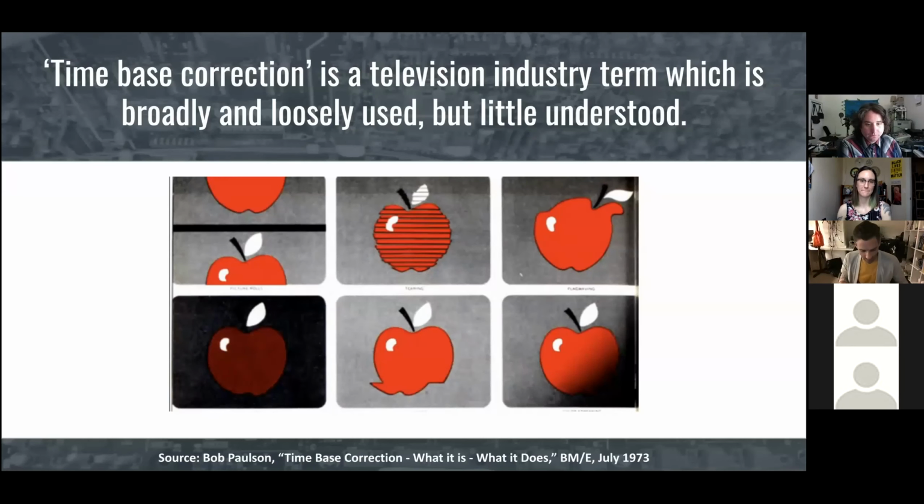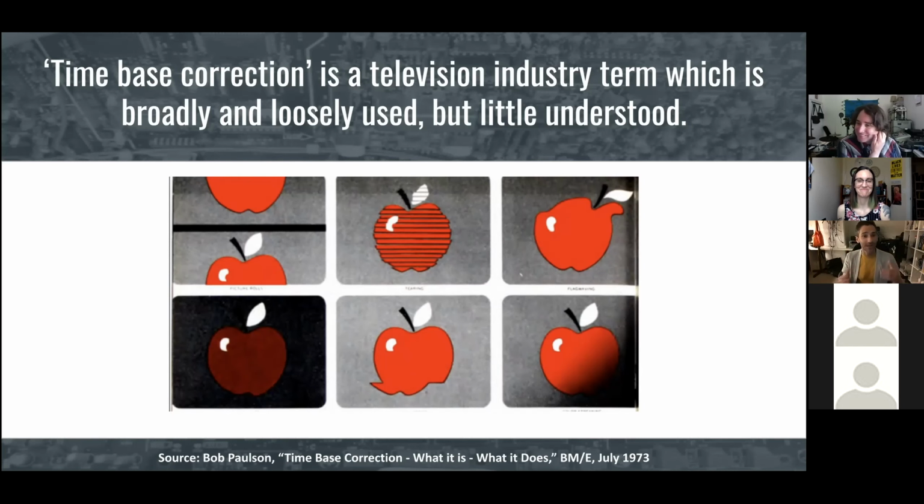And in researching this subject on one of my favorite websites, worldradiohistory.com, which is basically like a treasure trove of old broadcasting trade publications, I found this incredible article called "Time-Based Correction: What It Is, What It Does," from the July 1973 Broadcast Management Engineering issue. And not only does it open with this kind of hilarious and still timely quote, "Time-based correction is a television industry term which is broadly and loosely used but little understood,"